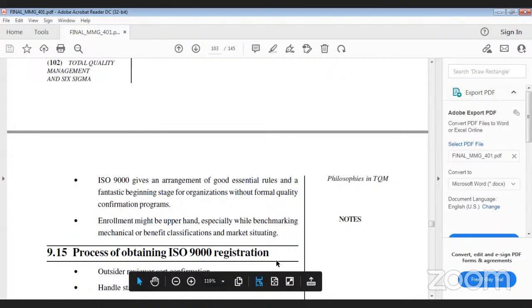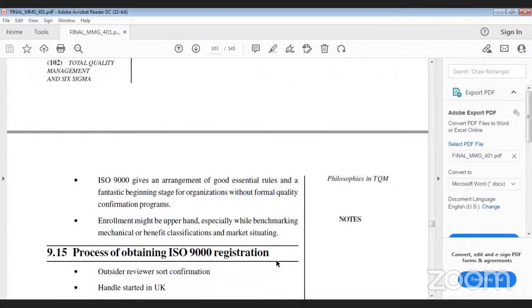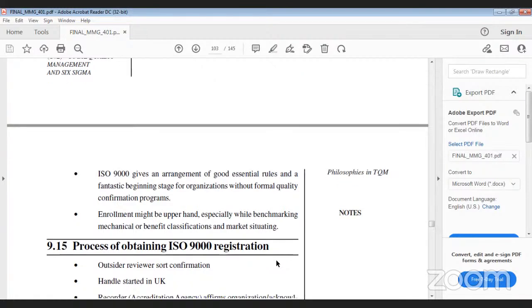Then you will find that there is also enrollment, which might be upper hand, especially the benchmarking of mechanical or benefit classification and market situations also. So these are some points that must be there: enrollment, benchmarking, and